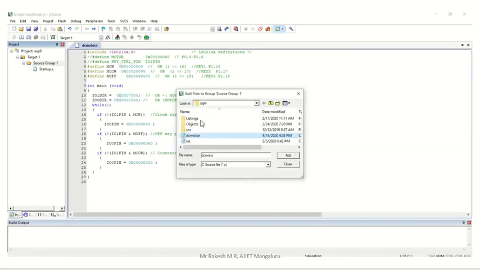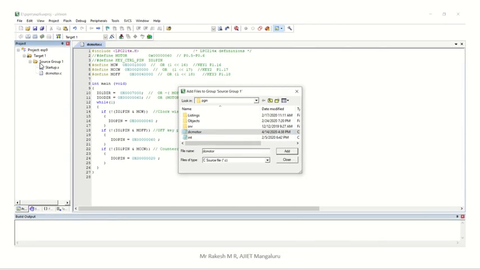There we are going to get many files, but the required file is the C file. So select here C source file. File type should be C. When you click on C, you will get all the C files. Then select your required C file, whatever name you gave for that particular program, select that program. Then click on add. When you click on add, just cross check in the source group. Inside source group 1 we should get that program. Once you get that program, then only click on close.